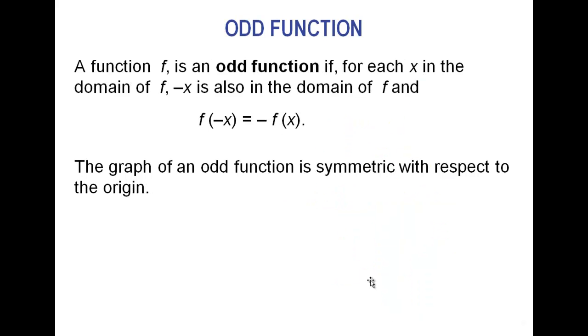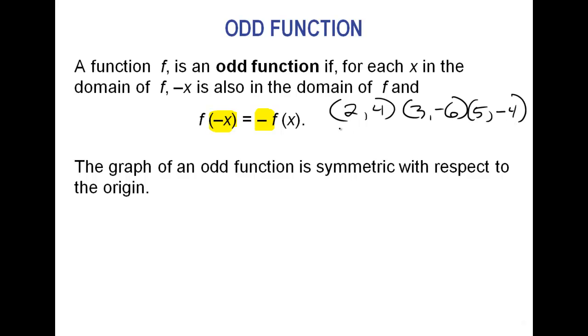An odd function, kind of like the name says, is the opposite of an even function, where this time when you put a negative number into the function, you get the opposite answer out of it that you would have from the other number, from the positive. So if I put -2 in there, the answer is going to be the exact opposite of what I got for 2. Now that doesn't mean that the answer has to be negative, it just means that it has to be the opposite. So if you had, let's say, 2 goes to 4, 3 goes to -6, and 5 goes to